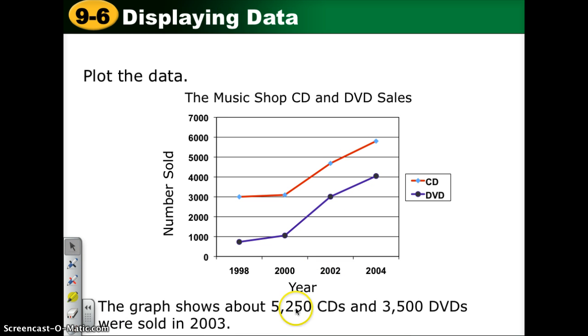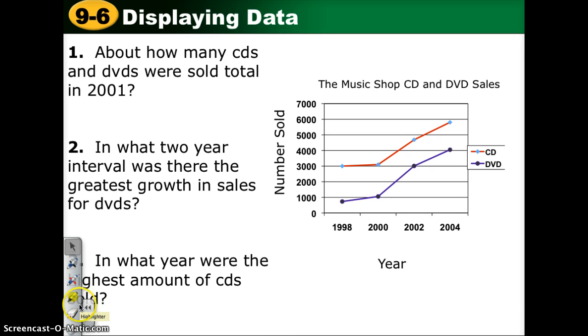The 250 came from looking like it's about a fourth of the way up to 6,000. Let's use this graph to answer a few more questions. About how many CDs and DVDs were sold total in 2001? So if we look at 2001, which would be between 2000 and 2002, and we go up, see where we